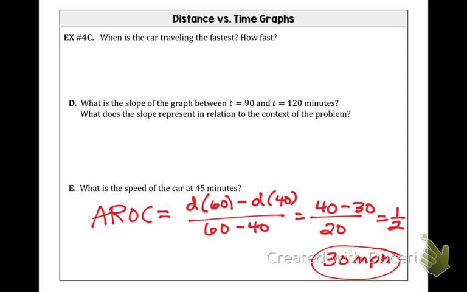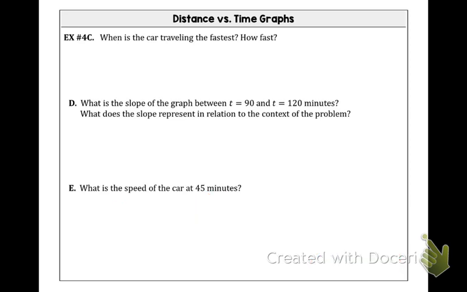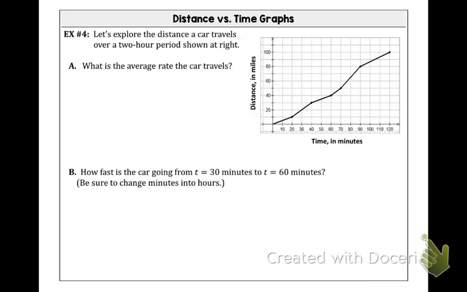Questions? I know we went through it pretty quickly, but I feel like it's about the same thing over and over. Yes, what do you got? The last one? Yeah. So we were looking to see what the average or the speed is at 45. So since 45 lands on this linear chunk, the rate of change is going to be the same no matter if it's here, here, here. So if I can just find the slope between those two endpoints, that will be the rate of change at any point on that line. Okay? All right, so